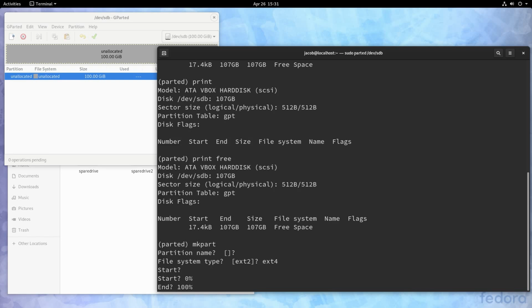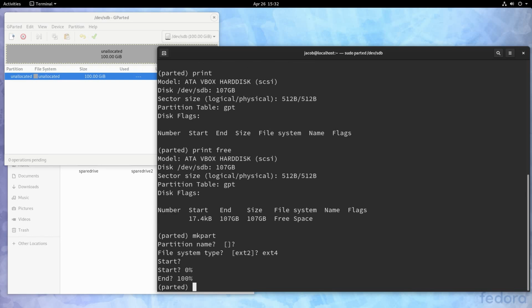Now, a reason why this is helpful to use instead of just putting in the start and end sectors from our print free output is because of that alignment thing I keep mentioning. Parted will automatically correct your alignment for you if you enter in a unit like GB. If you enter in GiB, then it will not automatically correct your alignment, and you might end up with a partition that performs poorly because it's not aligned to the disk's physical sectors and blocks. But the easiest thing of all, if we just want to use the entire disk, is to just use 100%. So we're going to hit enter here, and you can see Parted accepted that.